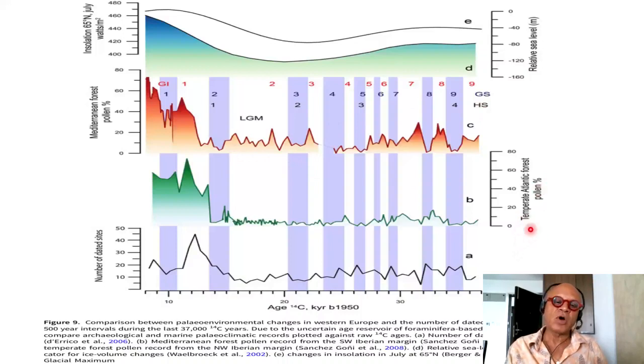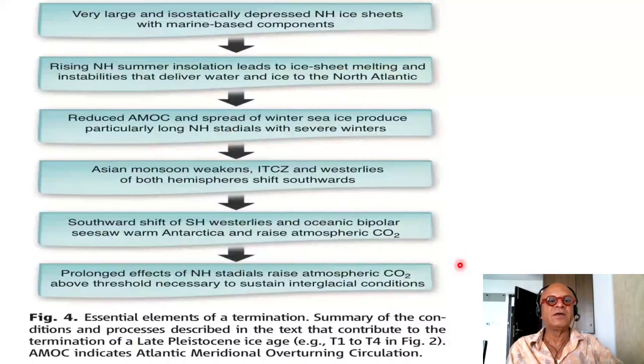Temperate Atlantic pollen. You can see the big jump here towards the end of the last glacial maximum that would have had little bumps along the way during the last glacial period from 135,000 years to the end of the glaciation here around 12,000 years ago. So these are the number of sites that were dated. Okay, so